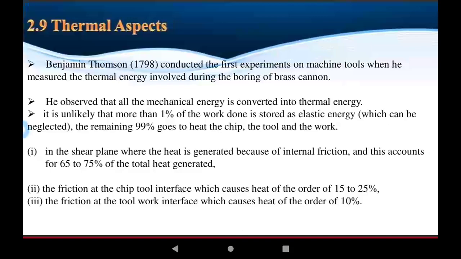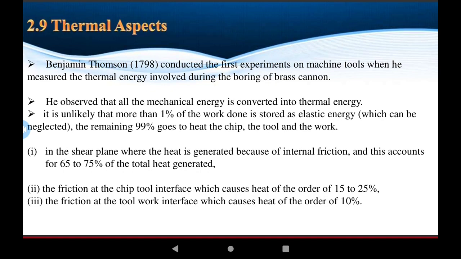The thermal aspect. What is the thermal temperature? The measurement of the temperature of tool materials was first conducted by Thomas Benjamin in 1790, who carried out the first experiment on machine tools, measuring the temperature of the cutting tools during the boring of brass. He observed that all the